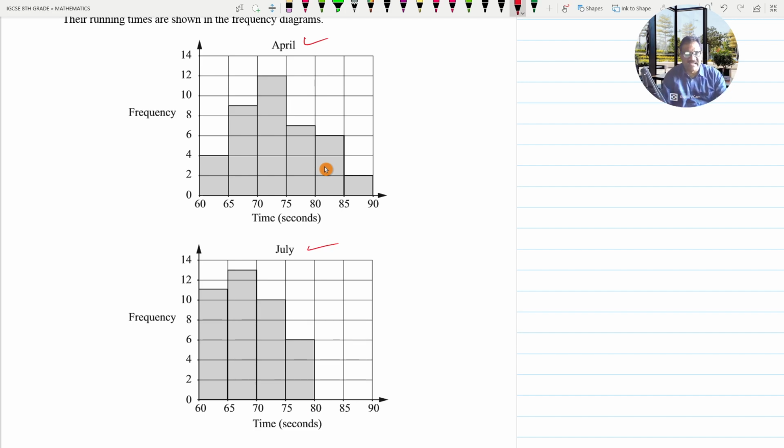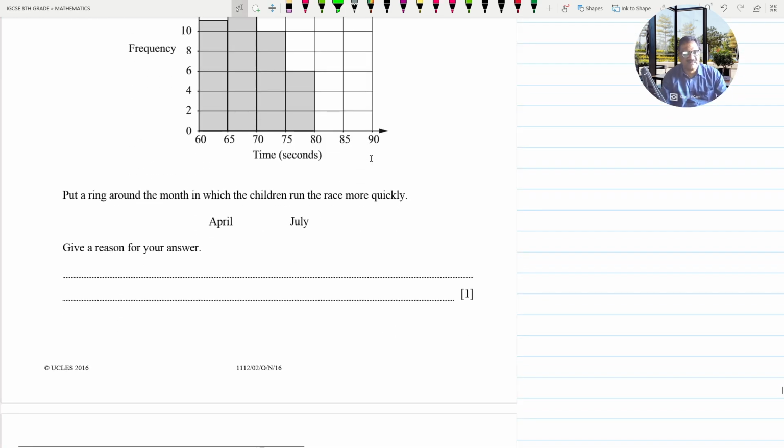So the total time in the month of July being less, we can say that the children must have run more quickly in this month of July. So I'll circle this July. Okay. So the reason will be here in July,